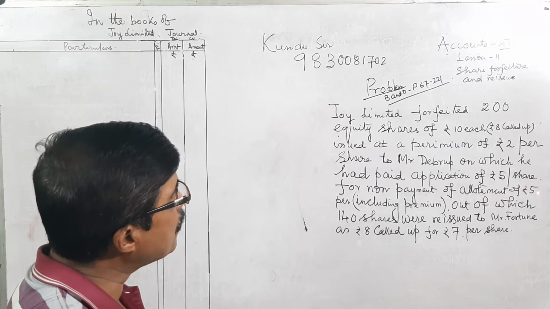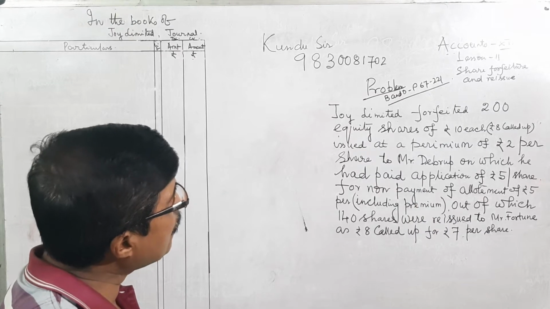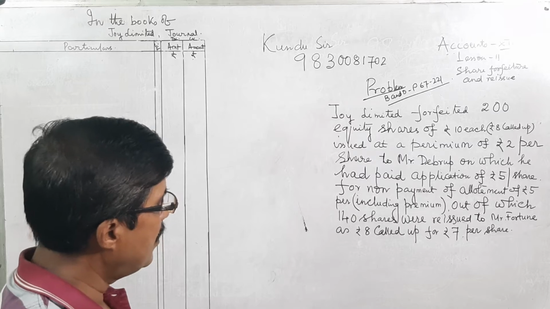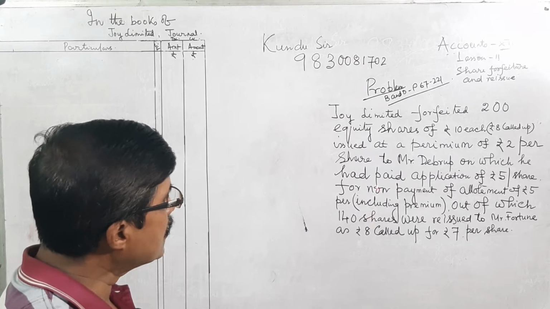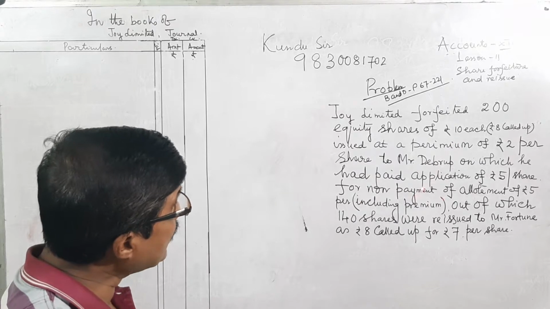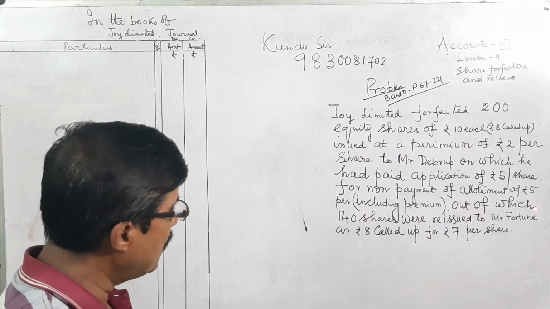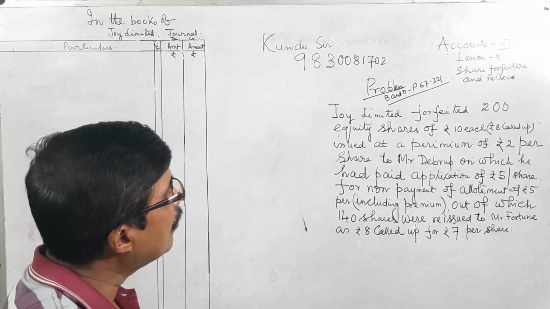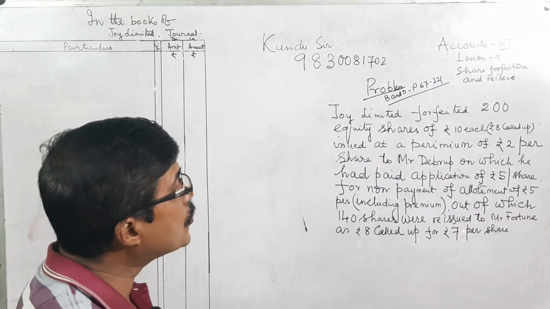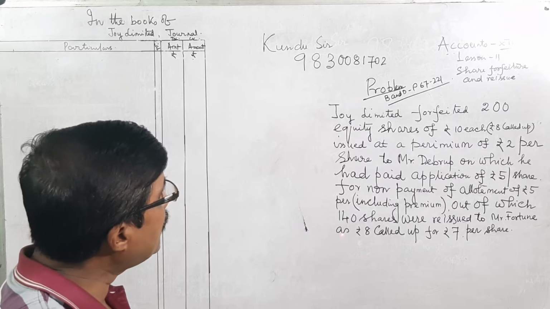for non-payment of allotment of rupees 5 including premium, that is 3 plus 2, not paid. That means he has not paid, so he is a defaulter from the time of allotment, out of which 400 shares were reissued by the company to Mr. Fortune, as it is also a partly paid share,